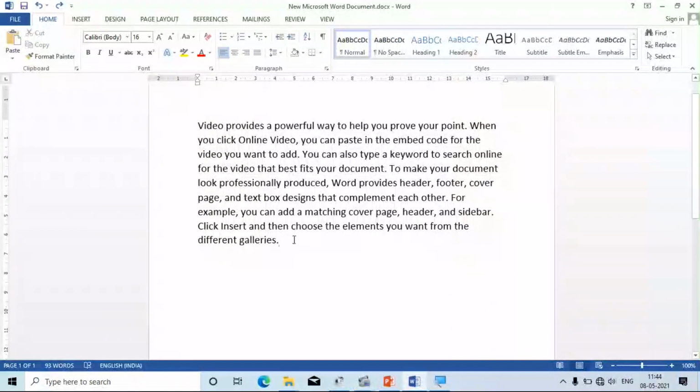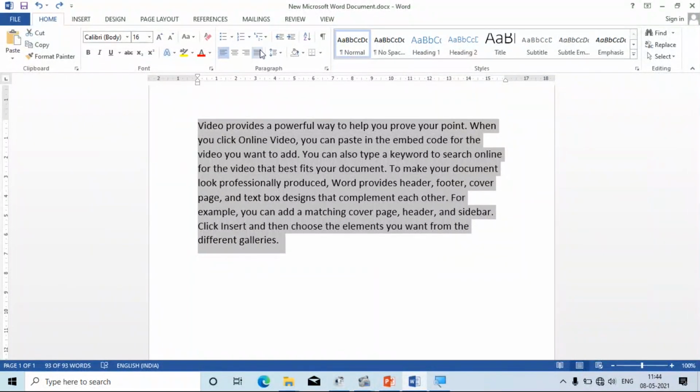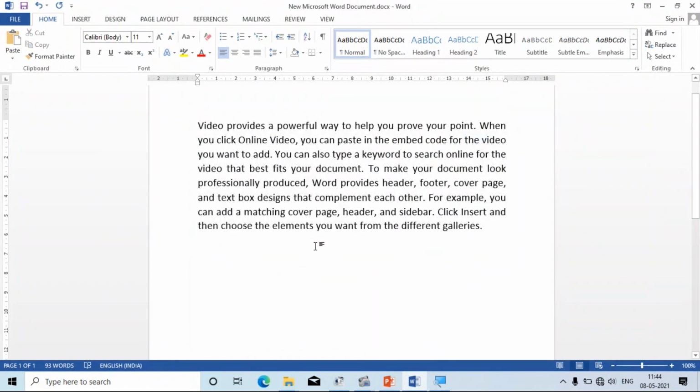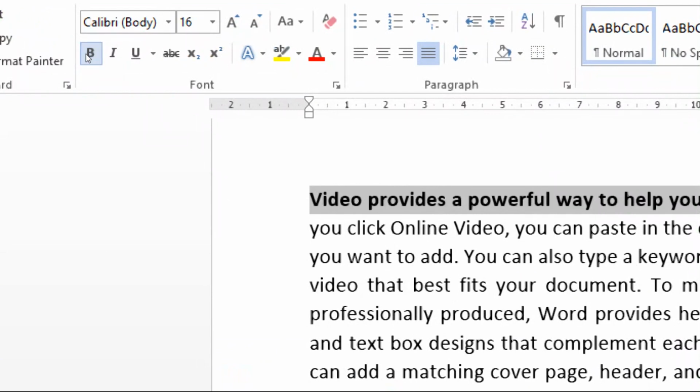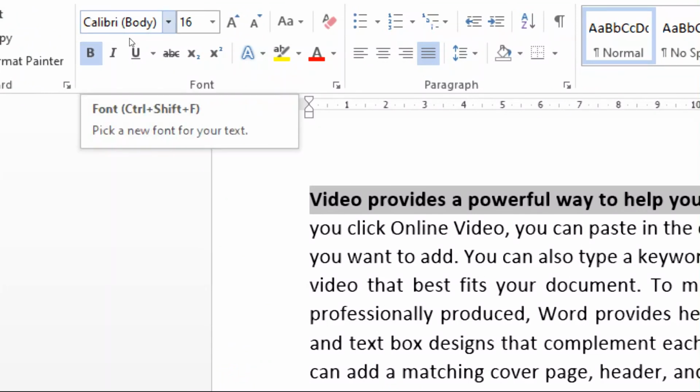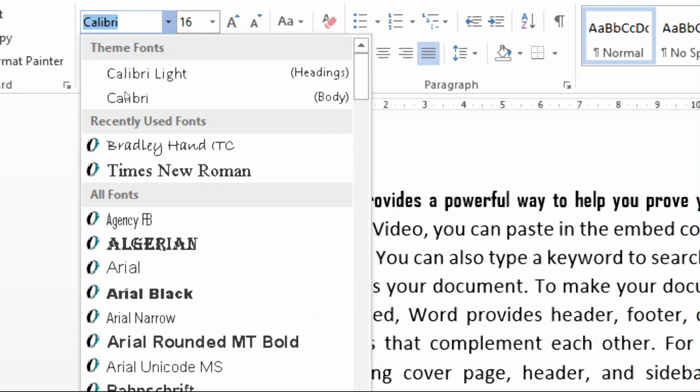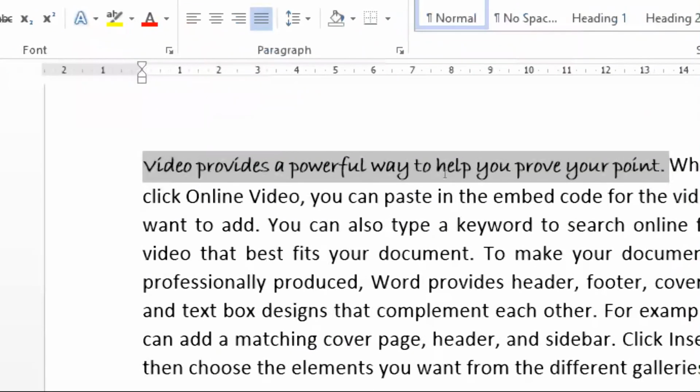So as you all can see, I am in word processor and I have imported a document paragraph here. So what I'm going to do is format my first line to show you how to use Format Painter. So I have selected my first line, and I'm going to use some options from here. I'm going to use the bold option first. As you can see, that line has a bold effect applied. Now with this option I'm going to change my font. Which font? Okay, this looks better. So here the font is changed.